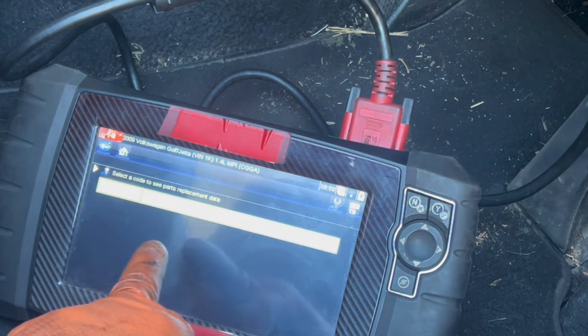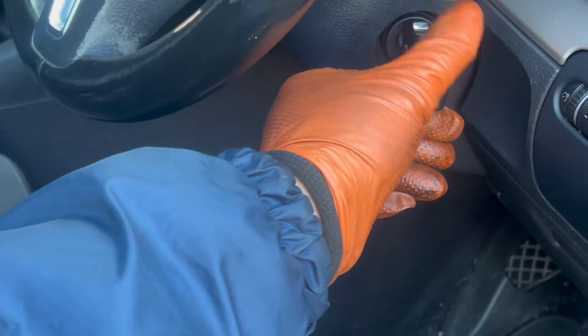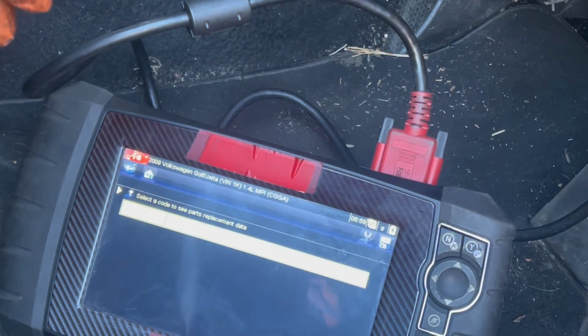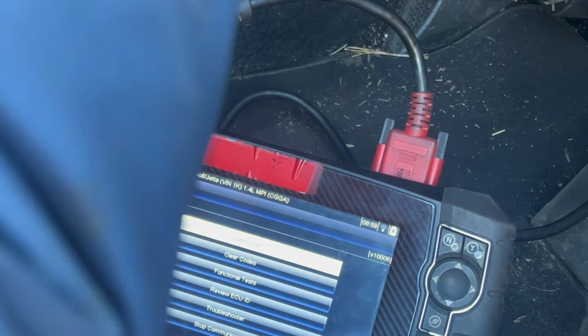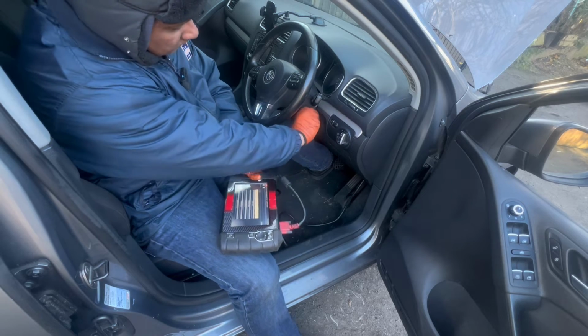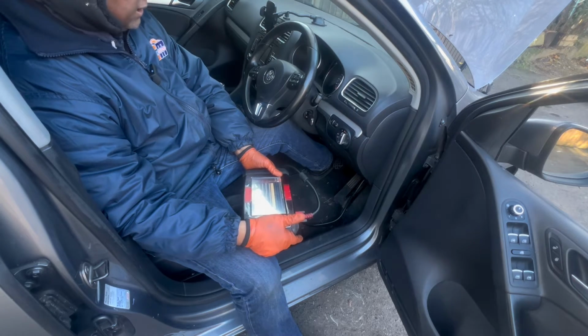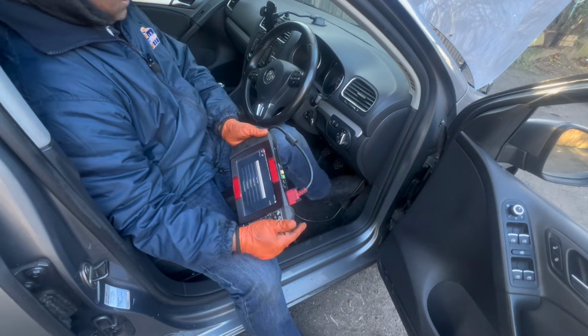Yeah, it's gone. Because you know what happened previously. I switched off the car and did the job in the engine bay, then came here, ignition on, and tried to delete the faulty code. It wouldn't allow me to delete, that's why it came back. However, after that, turn off, turn on, clear it, all codes disappeared. Now exit. I'm going to switch off and start the car. Yes, definitely still shaking the car, but